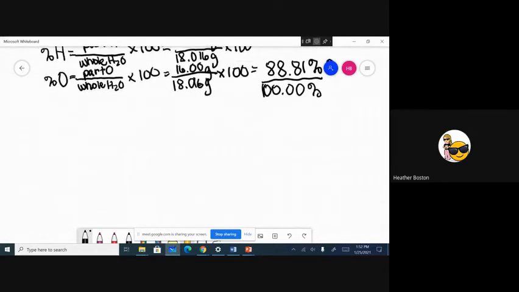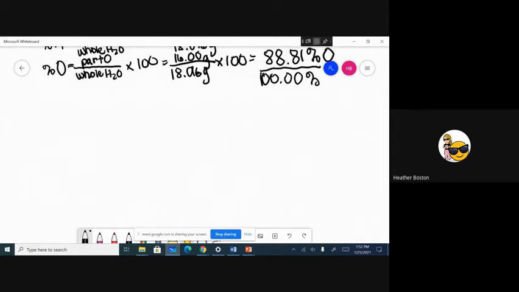Okay, I'm going to do one more example that has 3 elements in it, and then I'm going to see where that takes you. Let's do calcium nitrate, which is a salt. It can be used as ice melt. Do you guys have ice melt at your house at all? Pretty apropos for tonight. If you guys think of it, take a picture of the ingredients in your ice melt,